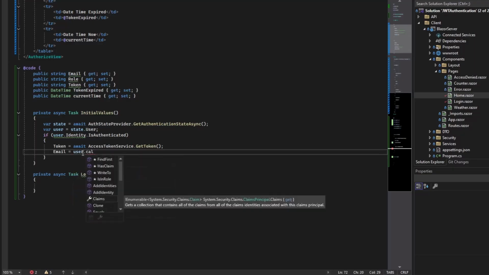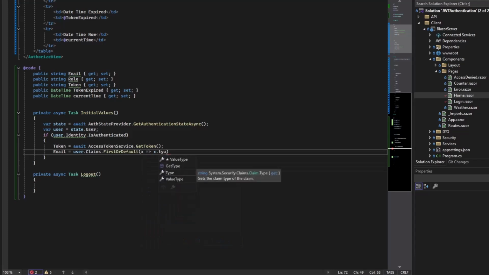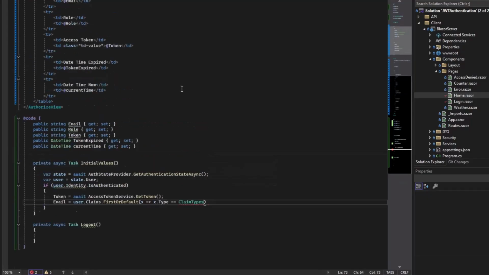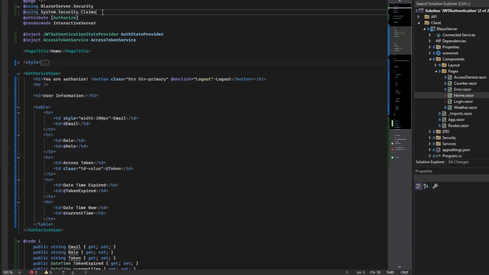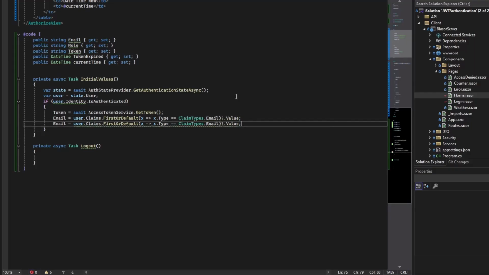User claims FirstOrDefault where the type equals ClaimTypes. Oh, we need to have this using statement, using System.Security.Claims. And then email, we try to get the value here. And then for role, again, we will try to get the role. This is what we set before in our API, and we try to retrieve it.